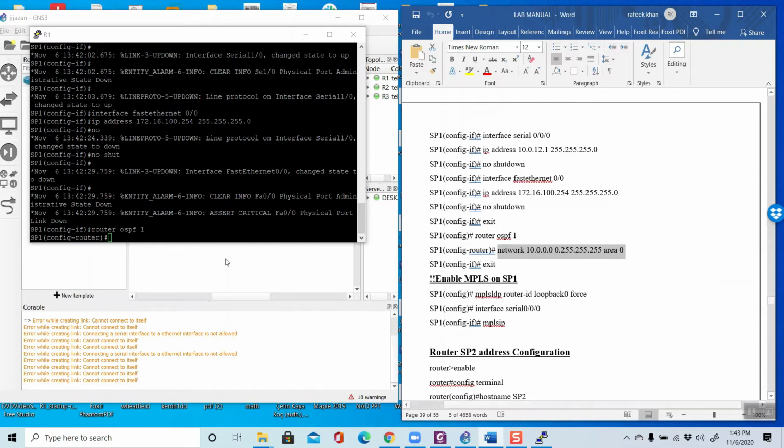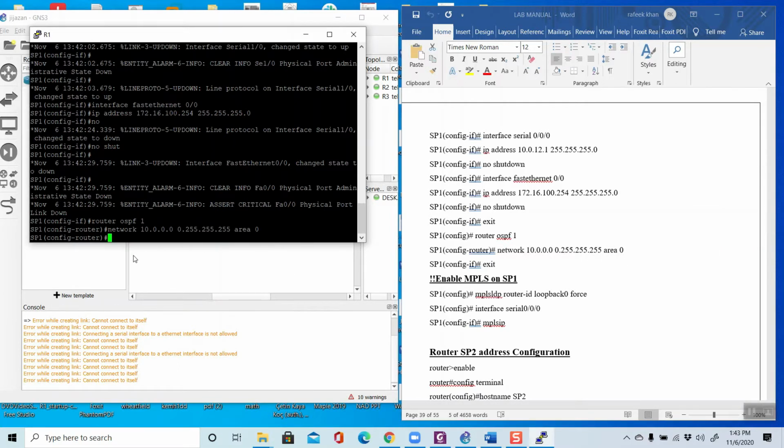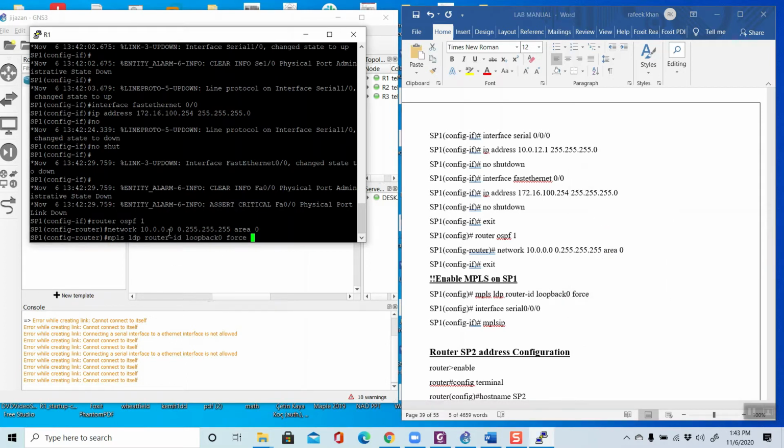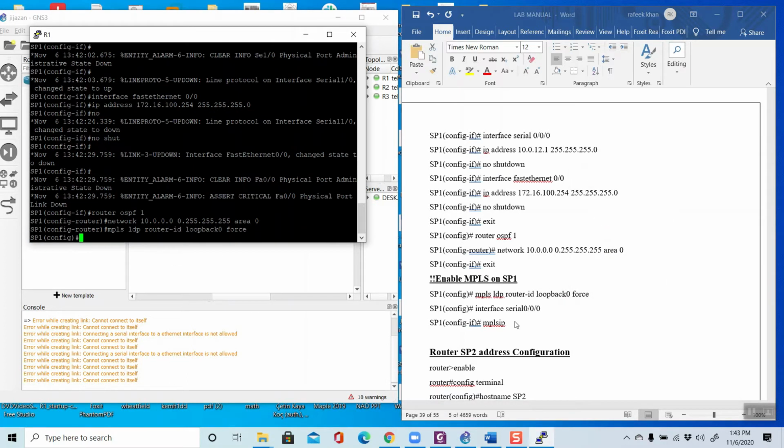Now we have to enable MPLS LDP. Here there should be a space, so please take care. There should be a space here. Now interface serial 0. What we are using, we have to write the same.